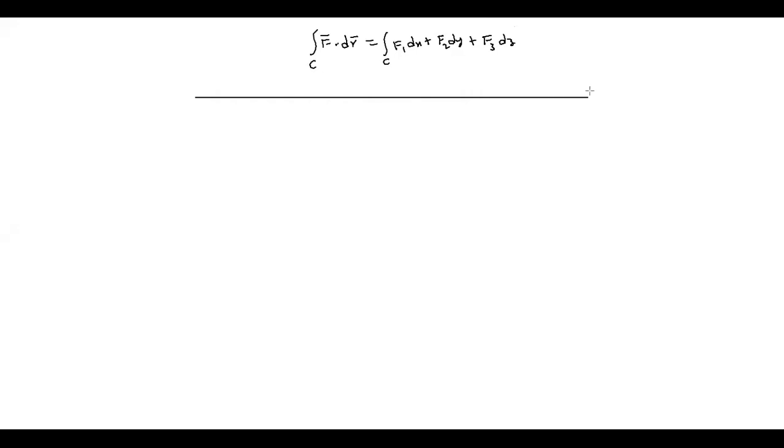The particular problem is to find the integral of F bar dot dr bar, the integral over C of F bar dot dr bar. What is that? It is the integral over C of f1 dx plus f2 dy plus f3 dz. Is that okay? Now, when an integral is given like this, you do some queries.